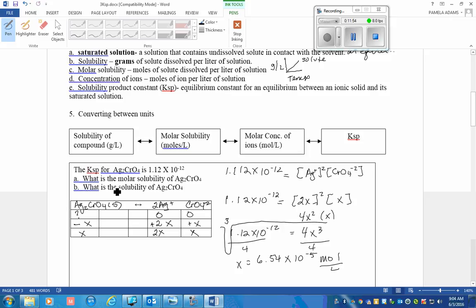Now it says what's the solubility. Remember, when we say solubility, generally we mean grams per liter. That's just a conversion. I would like to know the number of grams per liter equal to 6.54 times 10 to the negative 5th moles per liter of silver chromate. 1 mole of silver chromate has a molar mass of 332 grams. That gives me a solubility of 0.0217 grams of silver chromate will dissolve